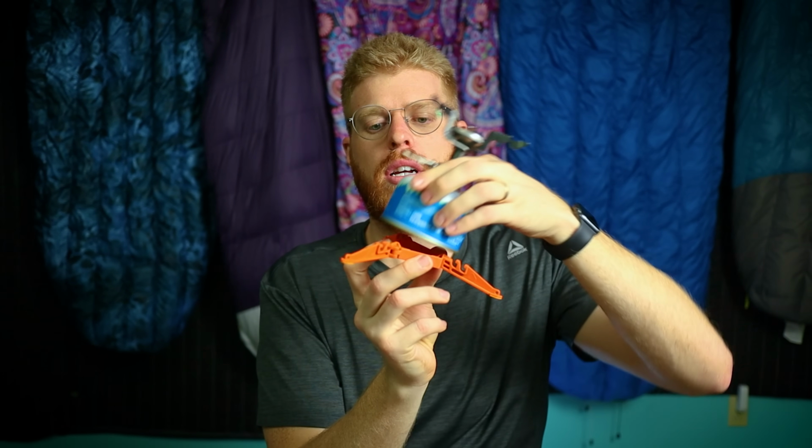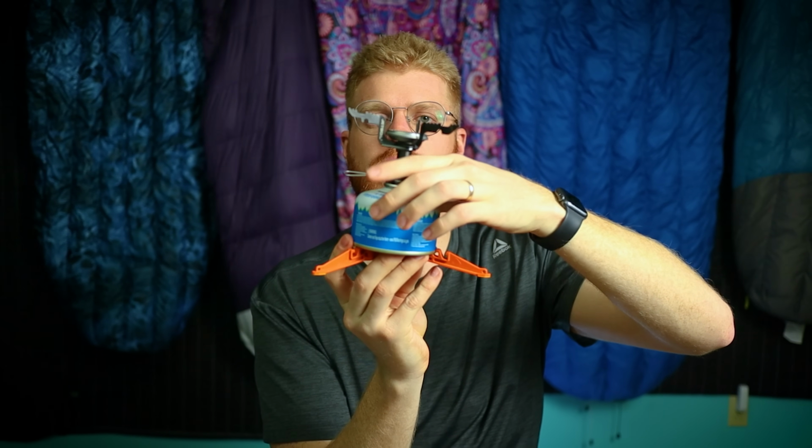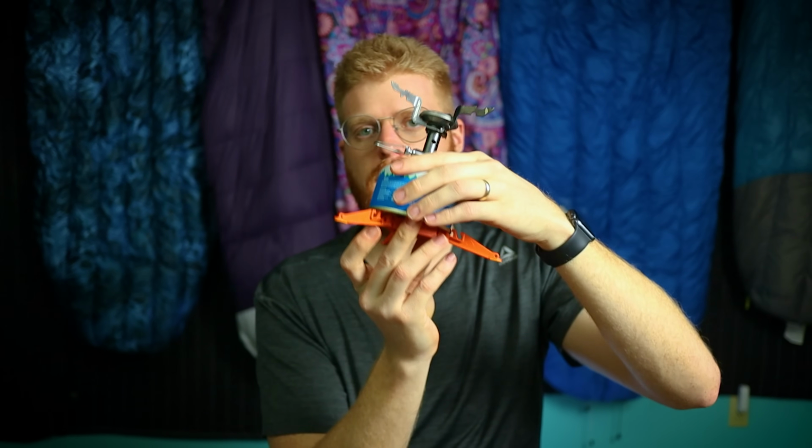Now the little stand, I don't ever take these, but they are good if you are somebody who is really prone to spilling stuff, or you're clumsy. Sometimes I'm a bit clumsy. You basically just sit this on the ground, and it gives you a place to stabilize your fuel can. Your fuel can just tucks in there, and then you have a really wide base, so you're even less likely to spill